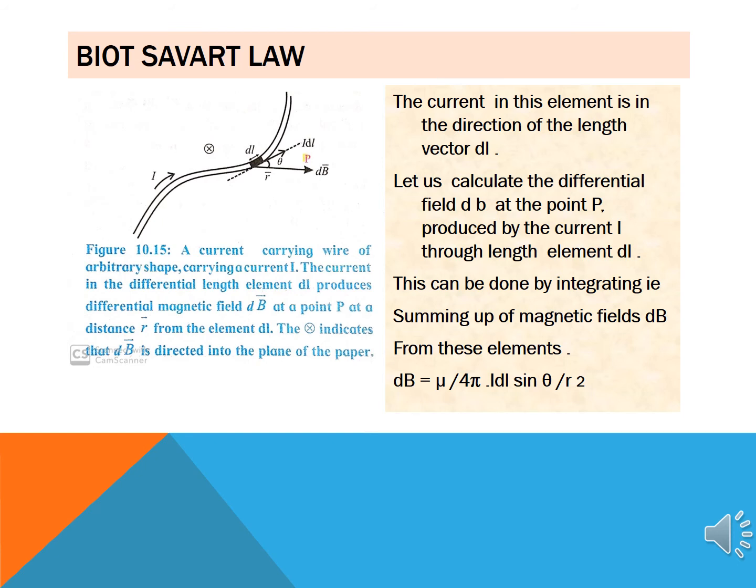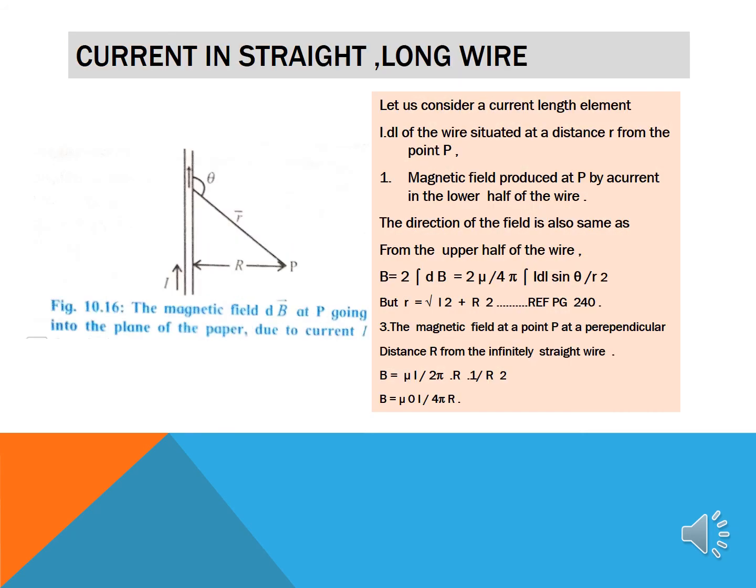of dl and r, multiplied by mu naught, which is called the permeability constant, given by a fixed value 1.26 into 10 raised to minus 6 Tesla meters per ampere. This is the inverse square law, which is experimentally deduced. It may be noted that it is still an inverse square law, as r appears in the numerator and r cube in the denominator. Students, using the Biot-Savart's law, we can calculate the magnetic field produced by the various distributions of